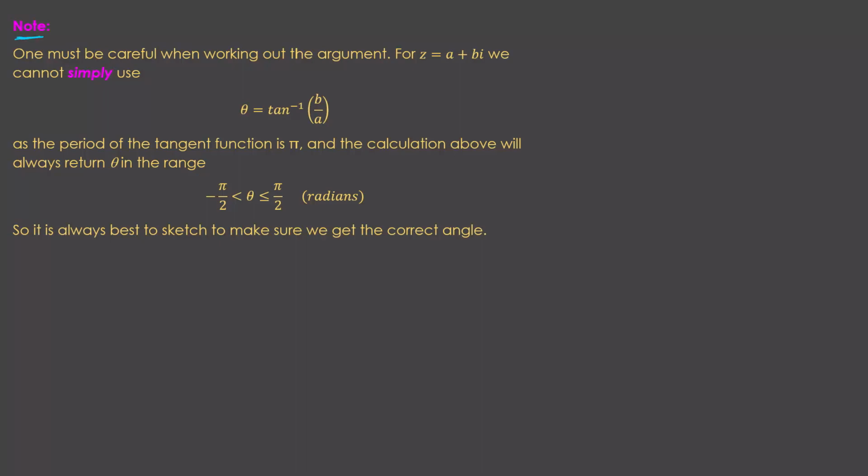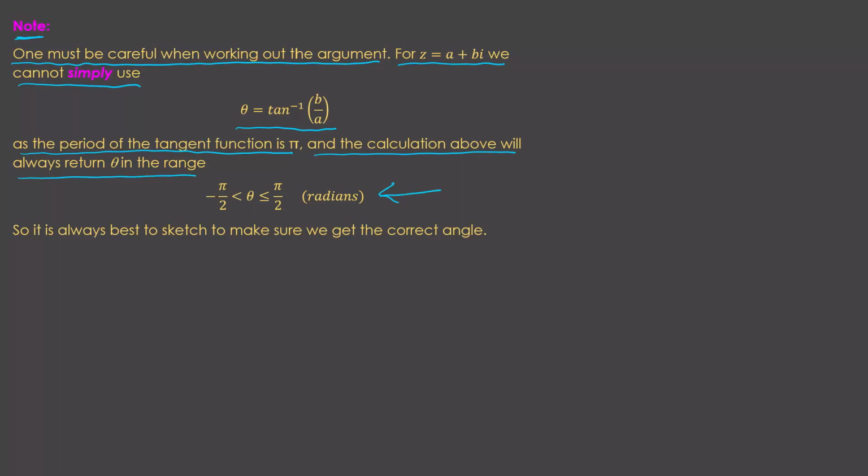Note when working with the argument for a complex number, one must be careful when working out the argument. For z equals a plus bi, we cannot simply use theta is the inverse tangent of b over a, as the period of the tangent function is pi, and the calculation above will always return theta in the range negative